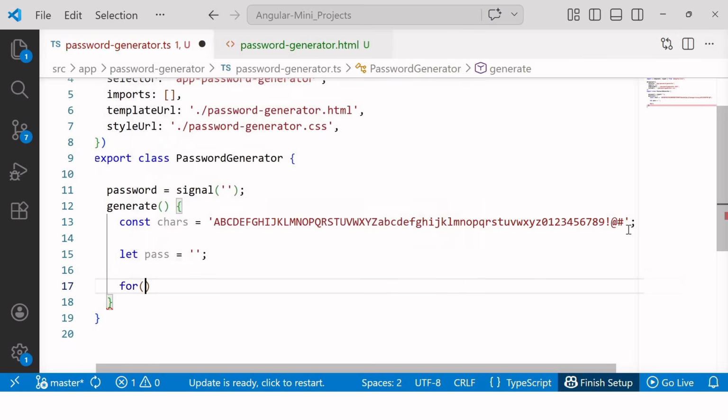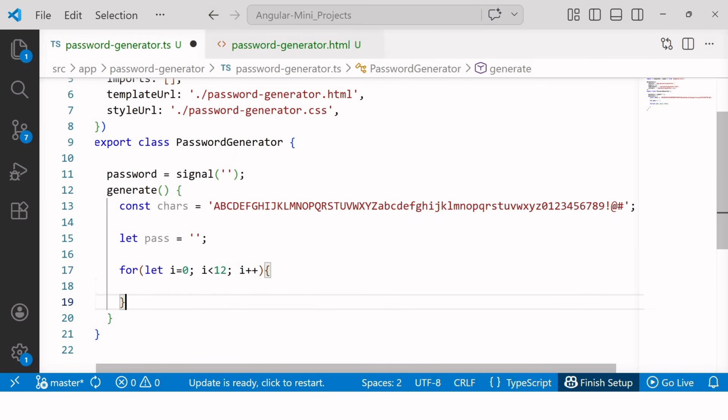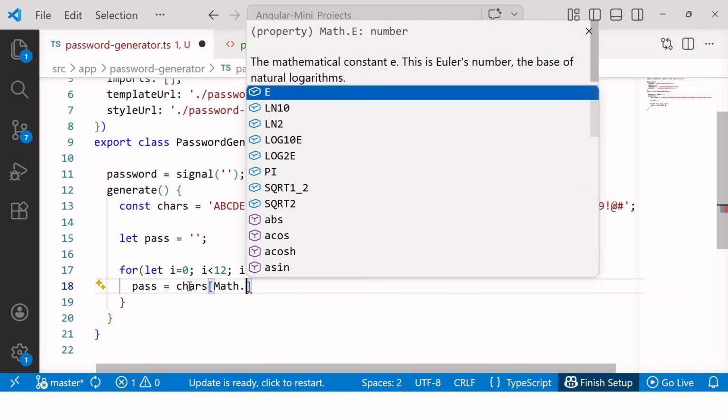And then I'll use a for loop that runs 12 times to generate a 12-character password. So here, let me write i equals 0, semicolon, i is less than 12, and i plus plus. It means this for loop runs 12 times to generate a 12-character password. Now inside this loop, in each iteration, we randomly select a character from this chars string using the Math.random and Math.floor methods. So here, let me write pass plus equals chars, and then inside square brackets, I'll write Math.floor, and